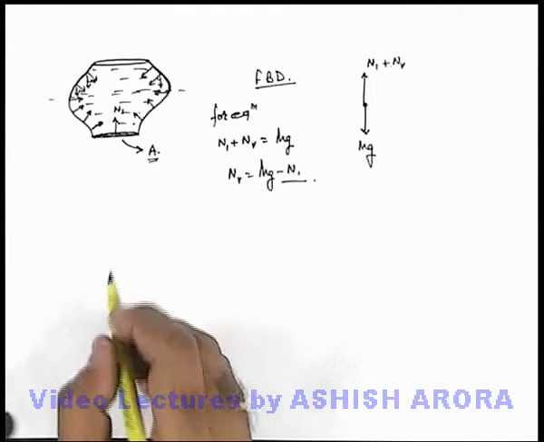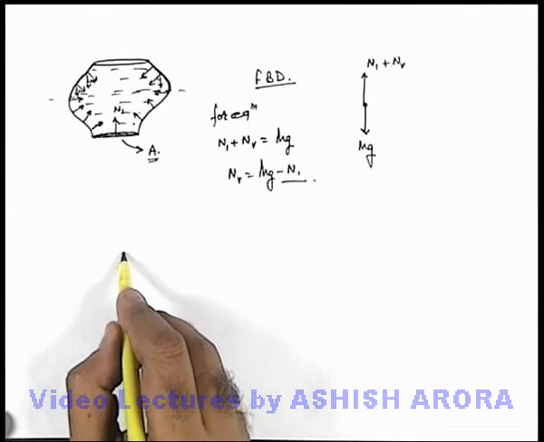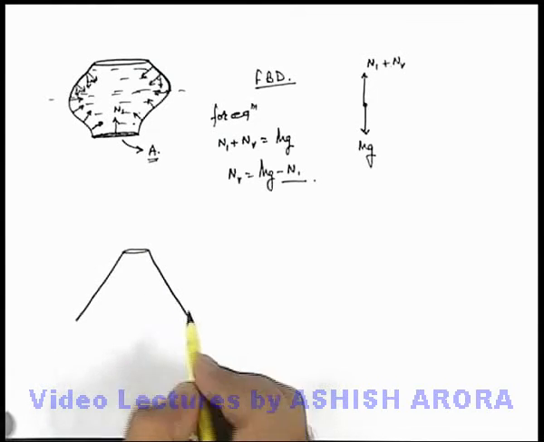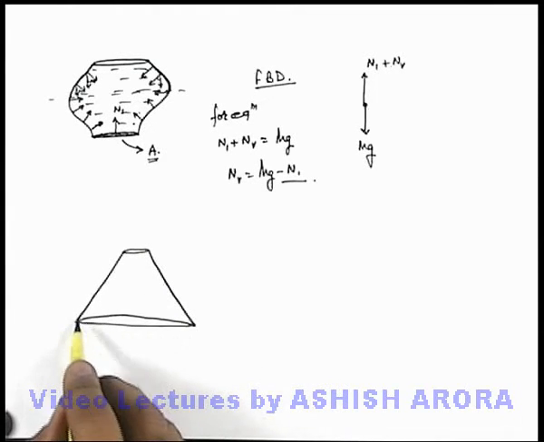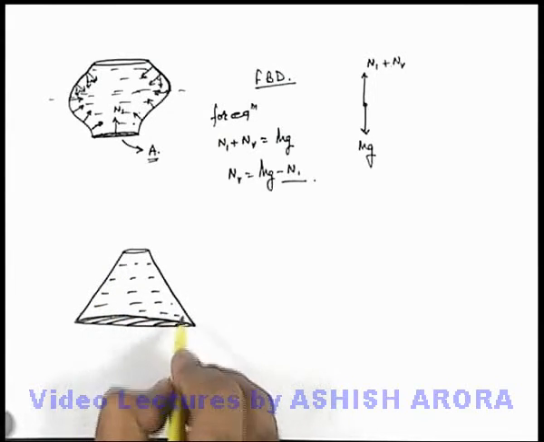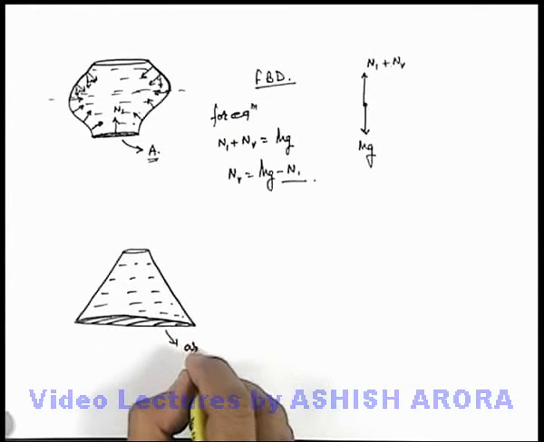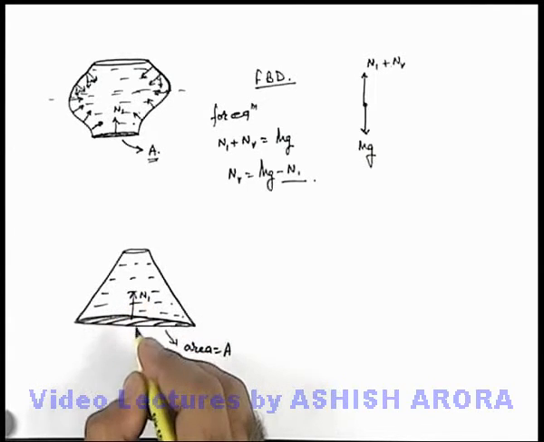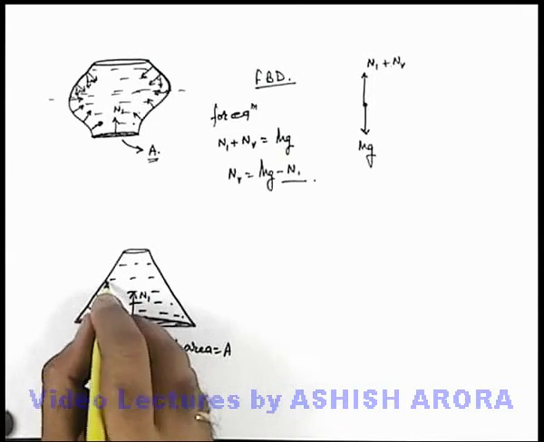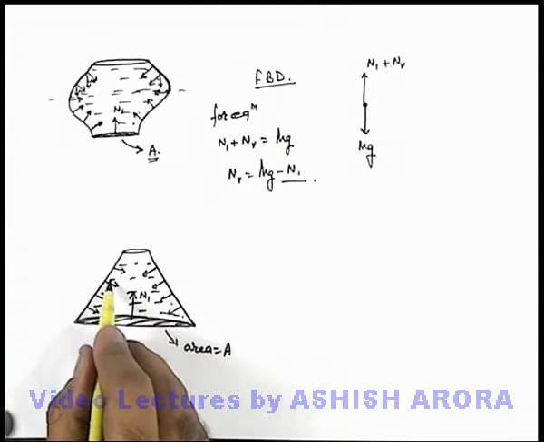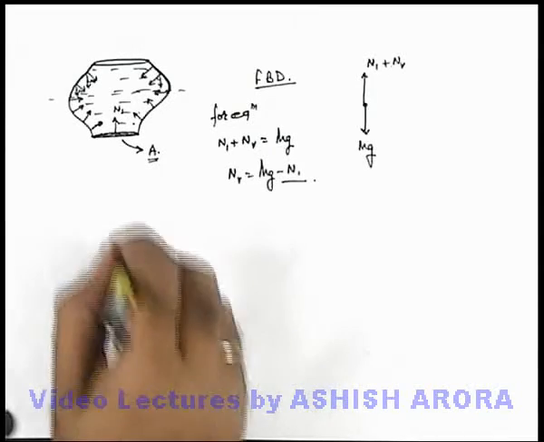Say we consider a situation in which we are given a vessel like this, in which a very small opening is there at the top of the vessel and the bottom is closed by a circular base, and a liquid is filled in this vessel. If the base area is A, the bottom will exert a normal reaction in the upward direction, and all the side walls will exert force on the fluid in the inward direction like this, which I am drawing. Again the horizontal component of all these forces will cancel and the vertical component will exist only in the downward direction.